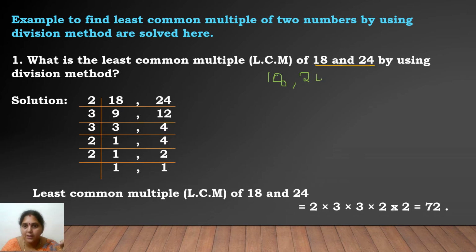Now, I have to do the prime factorization method in division. Prime factorization method means I have to take a prime number to divide the numbers here. So, what is my smallest prime number? It is 2. I am taking 2. In the 2 table, 18 how many times does it come? If I multiply 2 with which number will I get 18? If I multiply 2 with 9, I'll get 18. 2 9s are 18. So that number I have to write down. In the same way, 2 12s are 24.